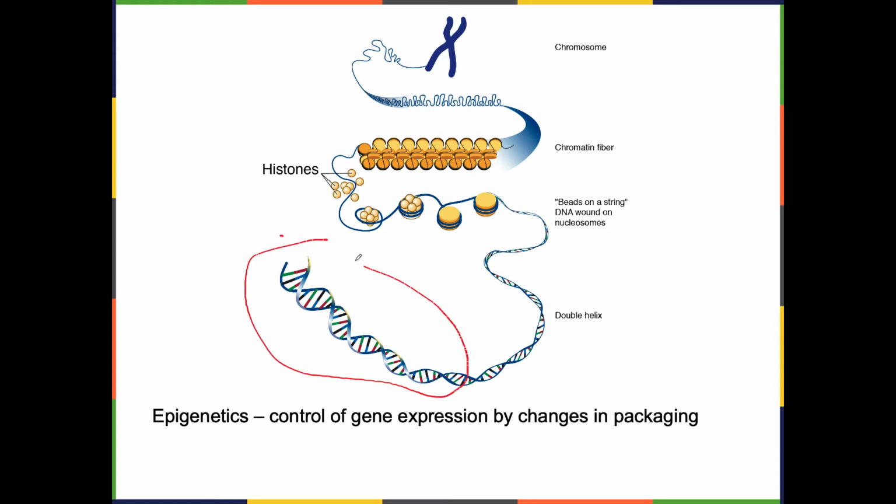This is how we're used to looking at DNA, this double helix, right? But this is our long, unwound version of DNA. So we can take this and wrap it around these things called nucleosomes. And then we can take these nucleosomes and wrap them around things called histones. And then we can take these histones and wrap them around other things, and then wrap those around something else, ultimately packing it super tight, coiling it on itself to form a chromosome. So a chromosome is this really intense, packaged, wrapped DNA, okay? And that's how you can take 2 meters, 6 feet of DNA and squish it into a